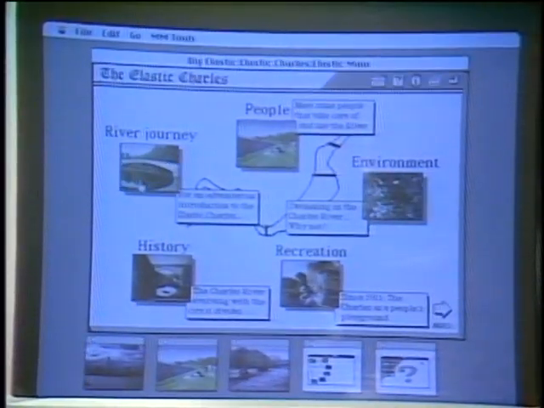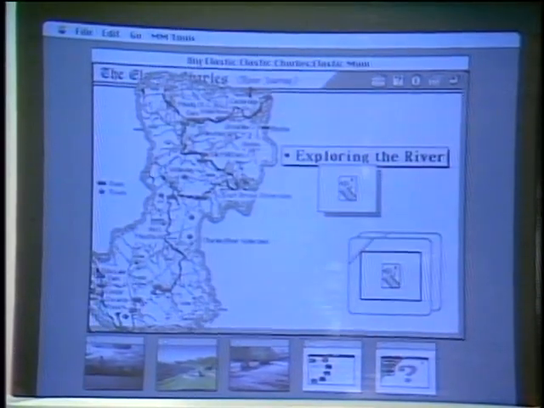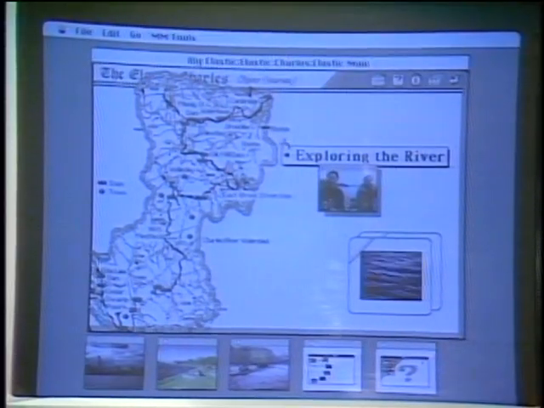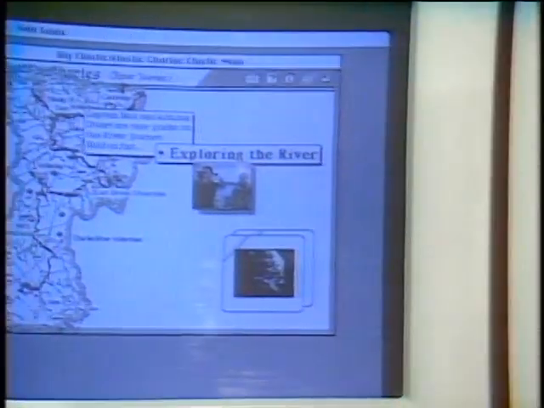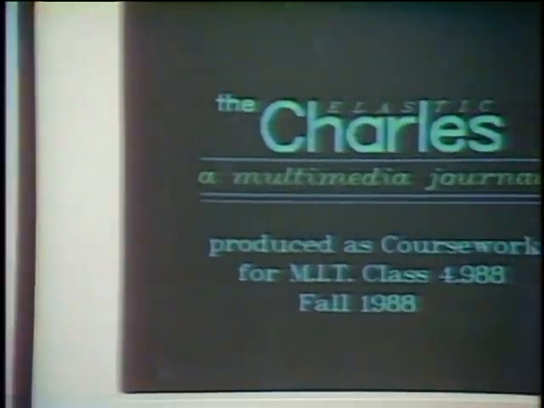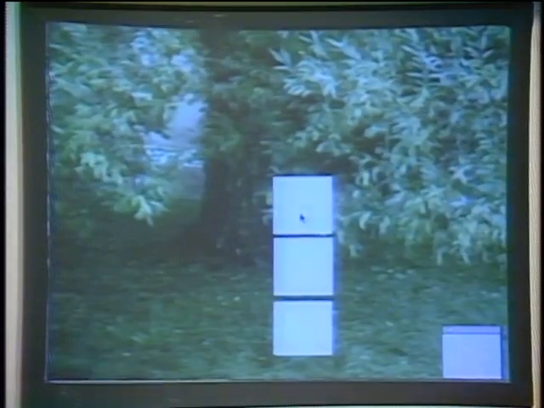You see that? Suppose I want to take that river journey. I click on that mycon, okay, and now I can go over here and I want to explore the river with these two guys, so I click on that little mycon. Over here on the right now, you're going to see full screen video of what that represents, and here's our little trip. This is speeded up video, by the way. We're going along the river here. Now I can choose where I want to go as we go along the river here, move my mouse over here and say I want to go on that little Esplanade trip, and we'll go over to the Laserdisc portion